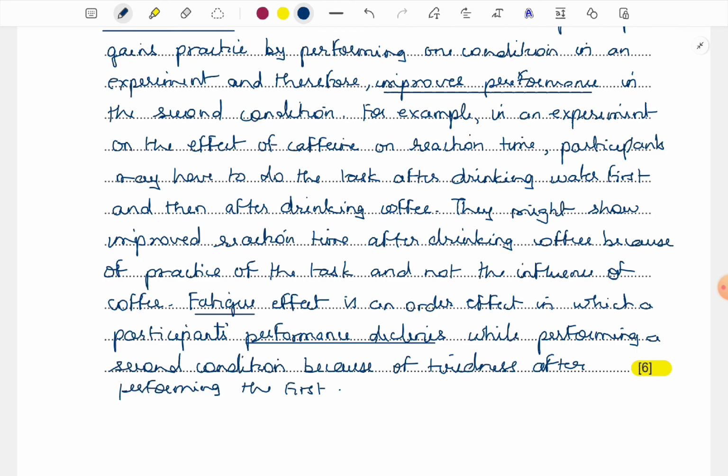I'm still talking about repeated measures and people having to do two conditions. I don't need to repetitively mention that. That's understood. I say it's an order effect, which again means it's understood it's going to be in that type of experiment only. So definitely your points can be connected to the previous. Many students will target that the length should be the same. How many words or how many sentences I've written for practice effect, that much only I have to write for